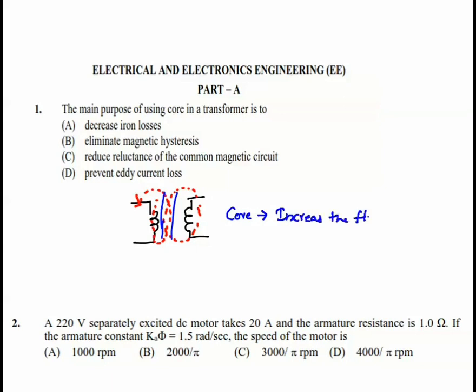the flux lines, or you can say decrease the reluctance. So the suitable answer for this question is C, reduce the reluctance of the common magnetic circuit. And the next question,